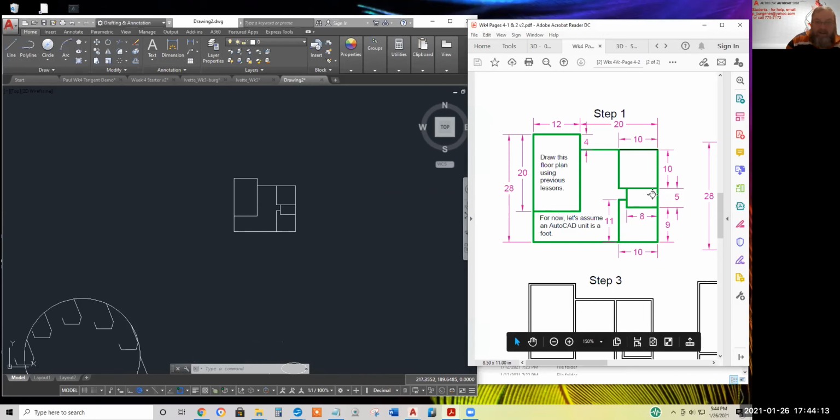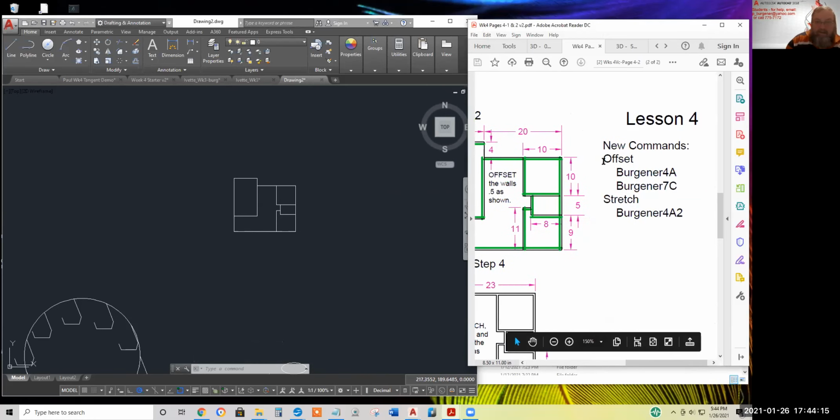Now the offset command that we're going to cover next makes parallel copies of existing lines. Like say this 10 unit line right here, we'll offset it 0.5 unit inward. I think they all go inward with the exception of the bathroom here. 5 feet is a standard bathtub length. Anyway,